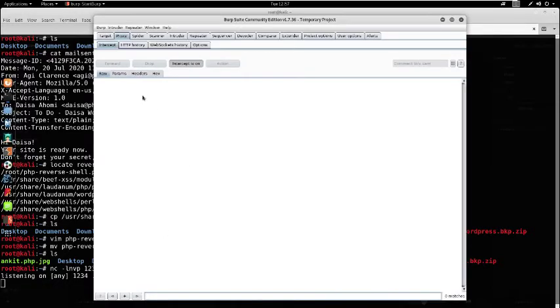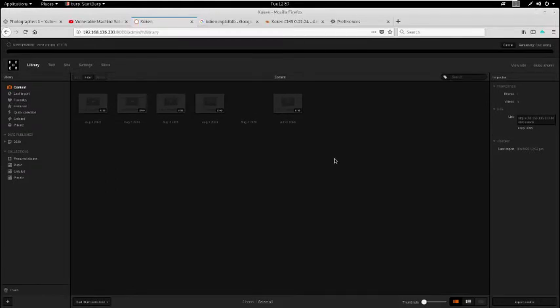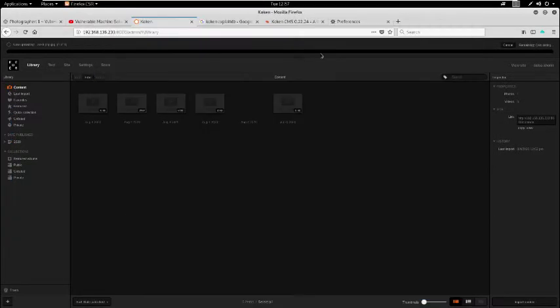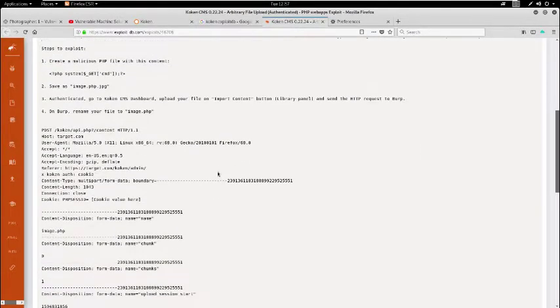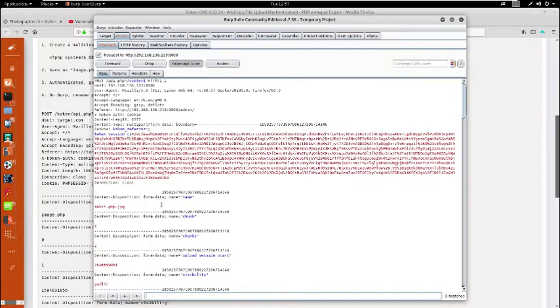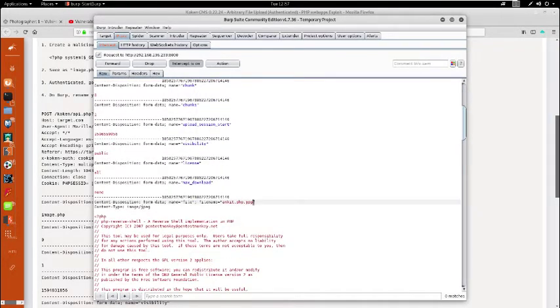So now I'm going to import this file, and yes, here we can see our file. As you can see, similarly we have this kind of data. So what we need to do is rename this file and remove this .jpg extension. So here and here, remove the jpg.